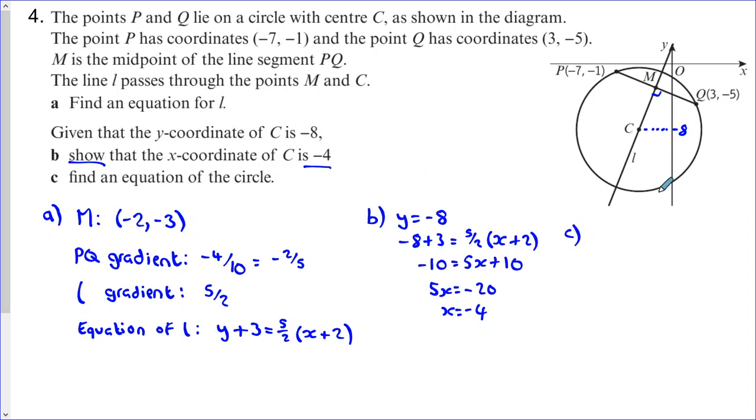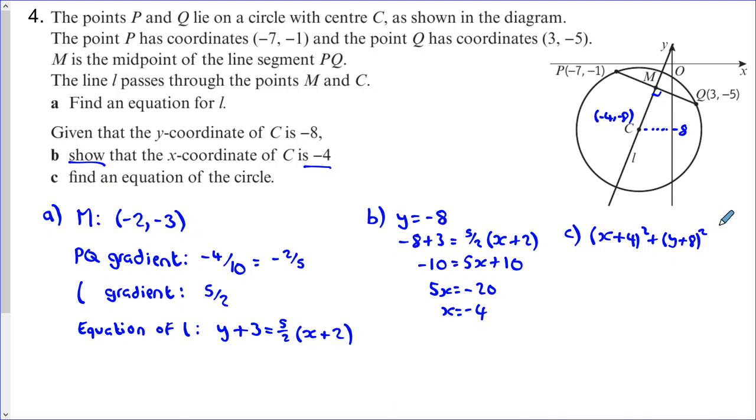Part C, find an equation for the circle. Well, we've got our centre now, so we'll be able to know the bracket part of the equation of the circle. All we need now is the radius, which we could get in a couple of different ways. So we know our centre is at minus 4, minus 8. So we could put that into the brackets, (x plus 4) squared plus (y plus 8)